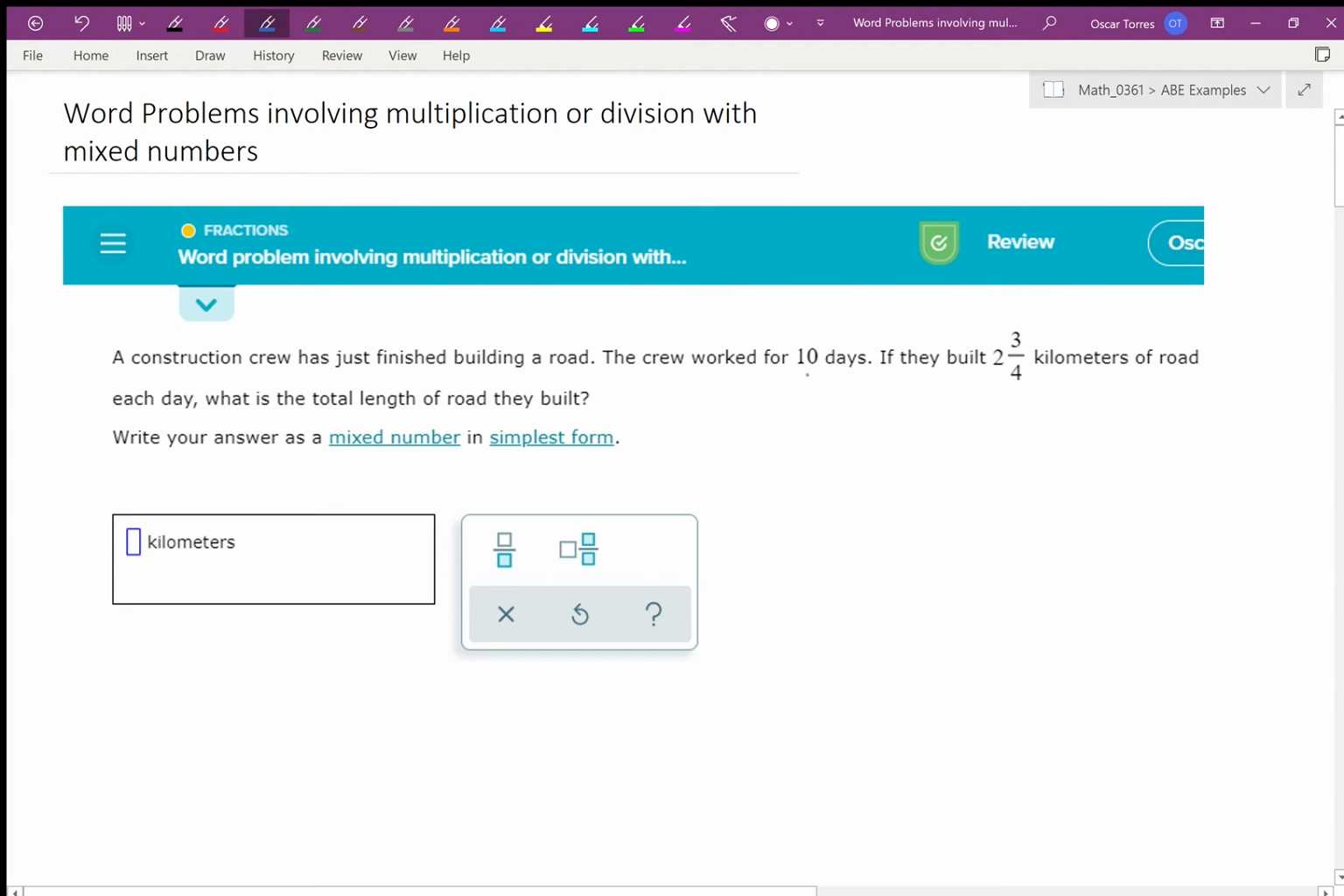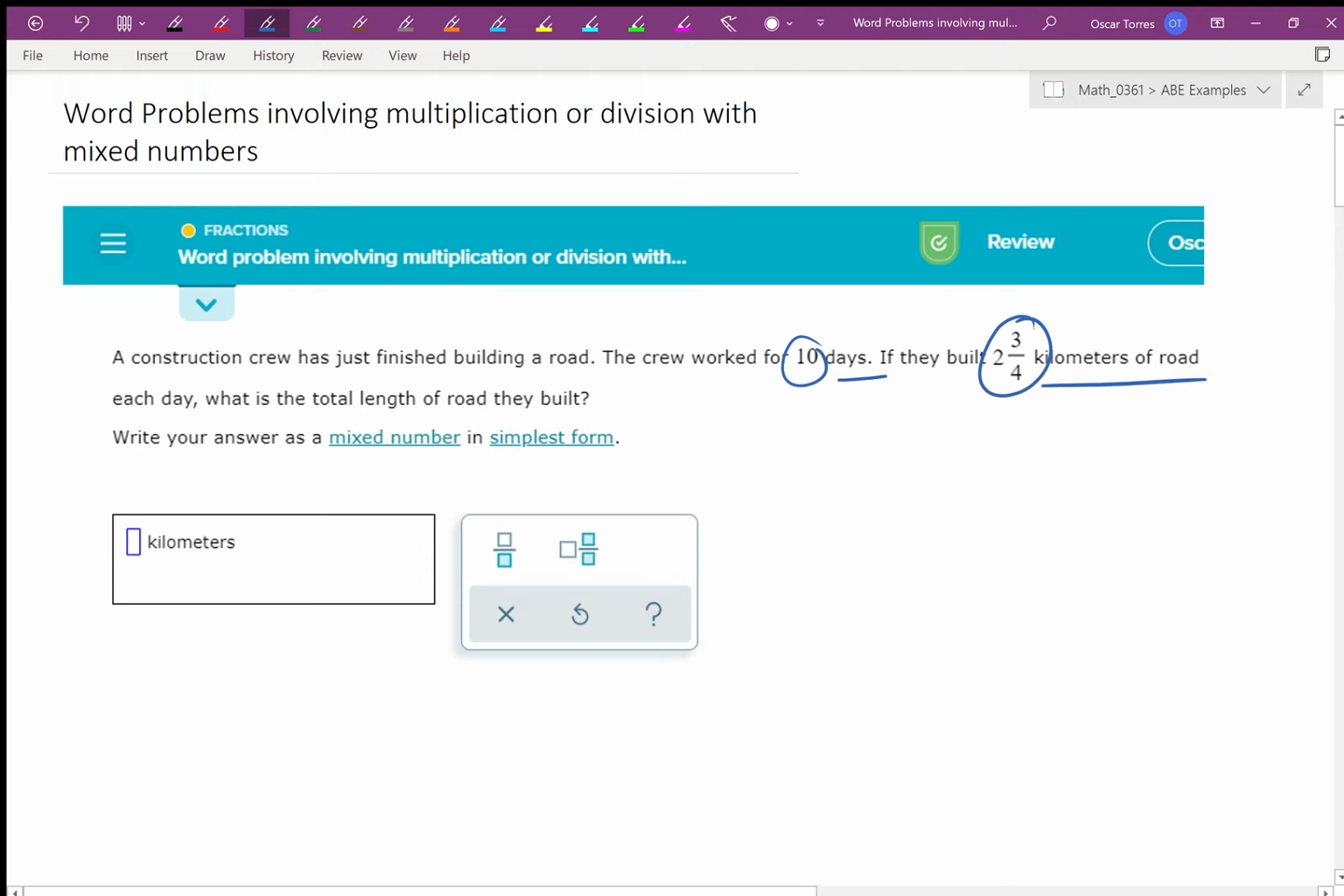The crew worked for 10 days. If they built 2 and 3/4 kilometers of road each day, what is the total length of the road they built? So in this situation, the construction workers are building 2 and 3/4 kilometers of road every single day for